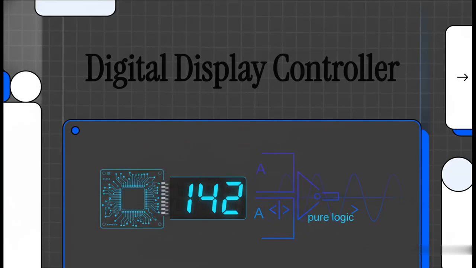Welcome to this explainer. I am super excited about today's topic because we're doing a classic engineering teardown and reassembly. We're going to look at exactly how a digital display controller is built literally from scratch using the Xilinx ISE 14.2 environment. If you've ever wondered how abstract lines of code actually turn into those glowing numbers you see every day, well, we're going to trace that exact translation from pure logic all the way down to physical